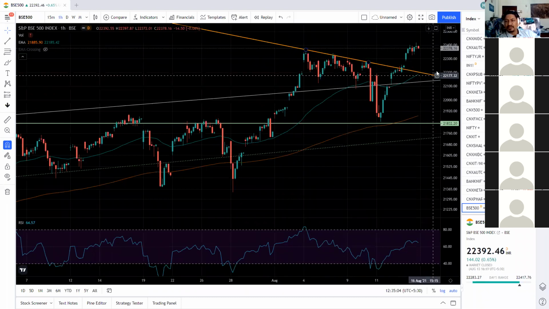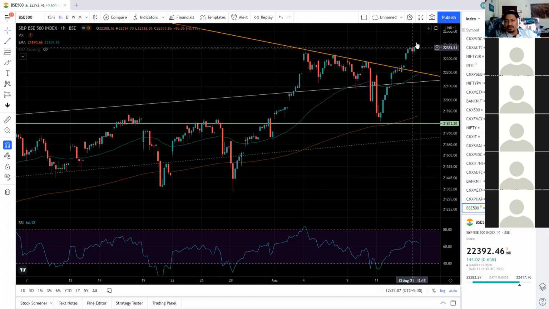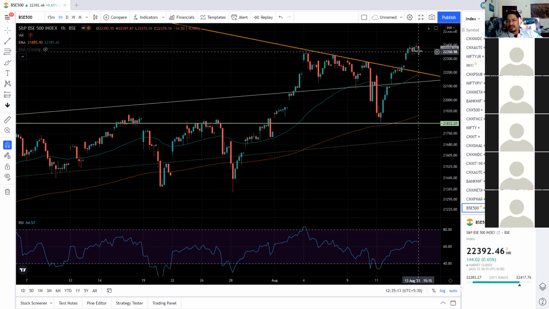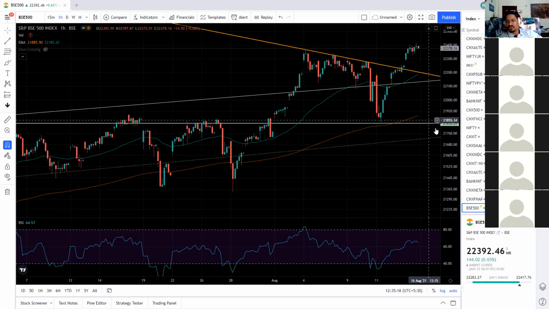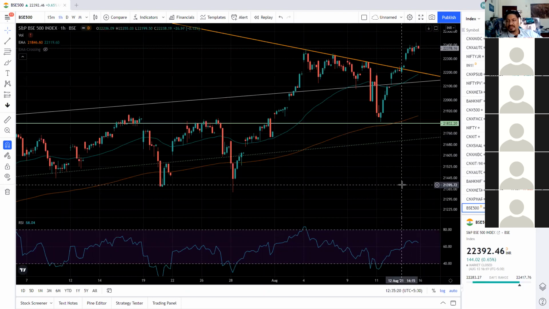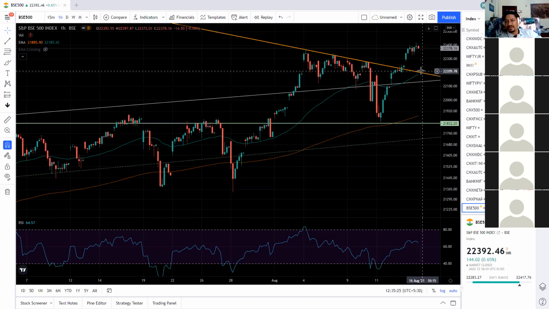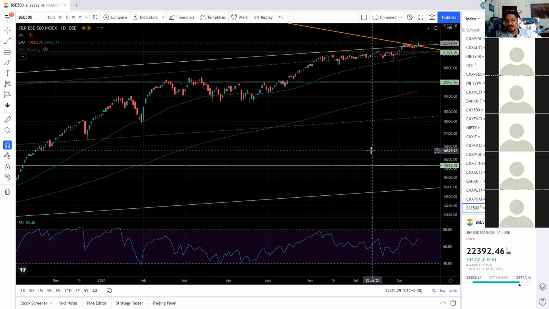Like it might come up to this channel. This was a breakout. This comes and goes up. So these are the possibilities. So we can start investing from the smaller supports to bigger supports. And in the same way, we can start selling when a support breaks on the hourly chart, support breaks on the daily chart, and support breaks on the weekly chart. So we can come out of the market in terms of profit booking, right?